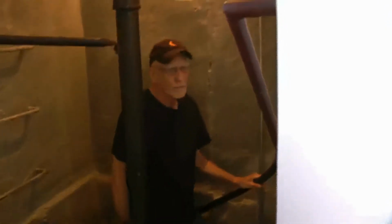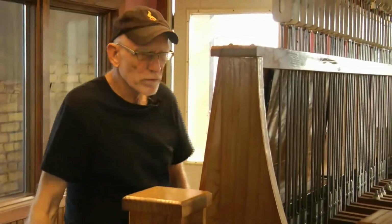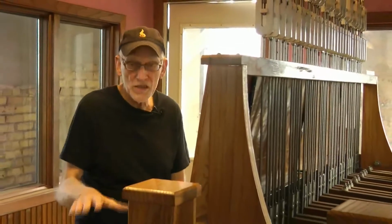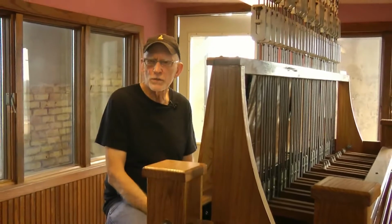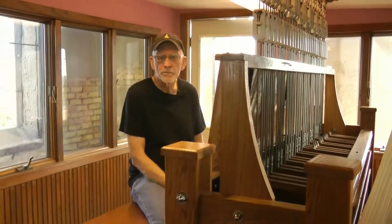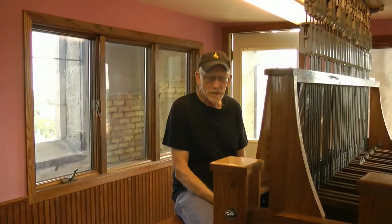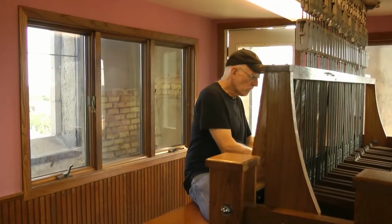Most people who come up have never climbed that many circular stairs at once. This wonderful room was another part of the renovation of 1992. Prior to that time, the cabin in this same position was nonetheless tiny. There was no room for anyone else to stand in it to observe what was going on. You had to peek through a window at one side or the other. But in addition to building the practice room, which we've just seen, they built this room as well. And here is the identical keyboard, only now